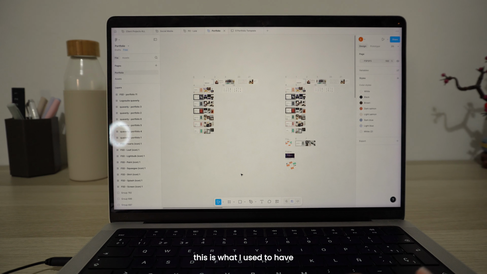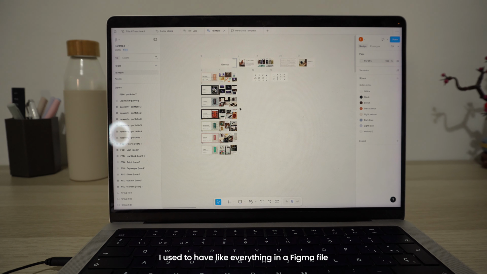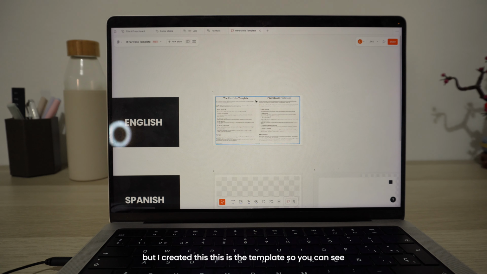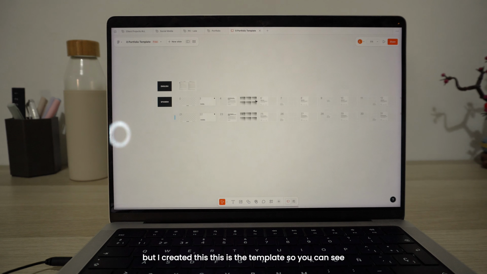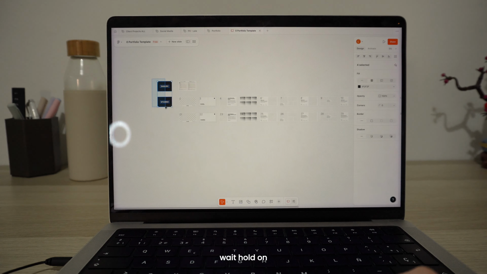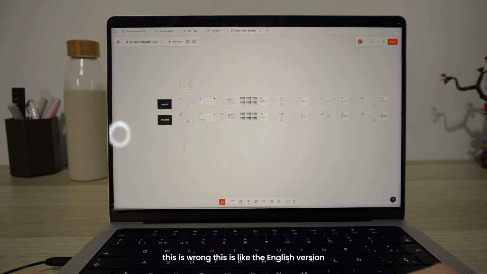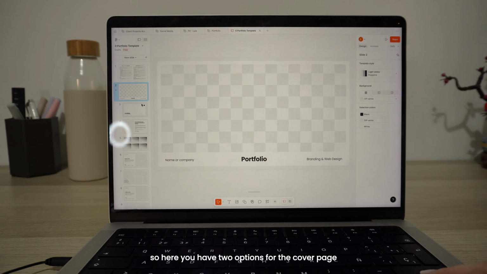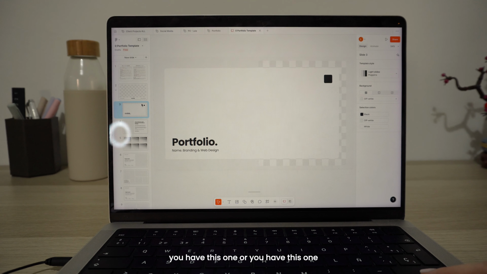This is what I used to have. I used to have everything in a Figma file, but I created this. This is the template, so you can see, wait, hold on, this is wrong. This is the English version and this is the Spanish version here. So here you have two options for the cover page. You have this one or you have this one. I personally have this one and I put my brand pattern here so it looks a bit more, with more personality. I also have here my logotype and stuff, but this is a template, so everything's just with